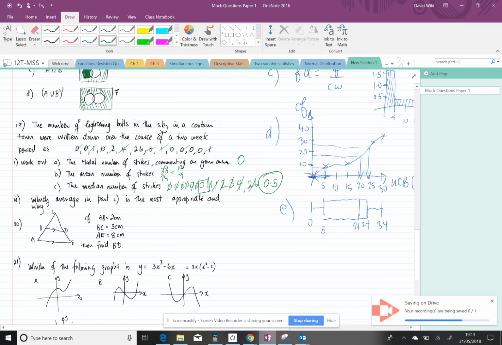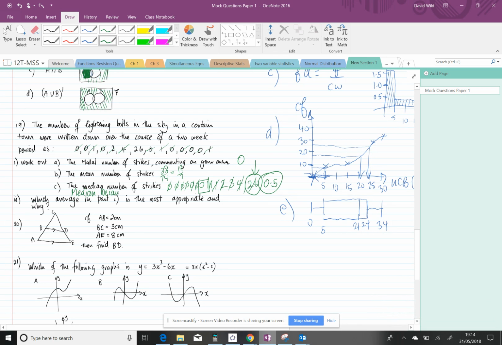Which is the most appropriate and why? Well, this 26 is obviously some crazy thunderstorm going on here, and that's not normal, right? You can see in that 2-week period that most of the time we've had just a couple of lightning strikes, and therefore we want an average that doesn't take into account these large numbers every now and again. So I would say the median